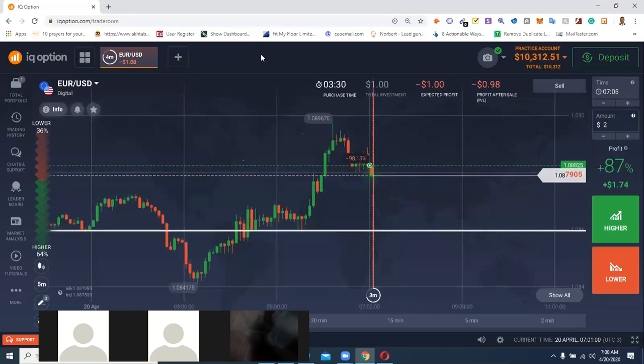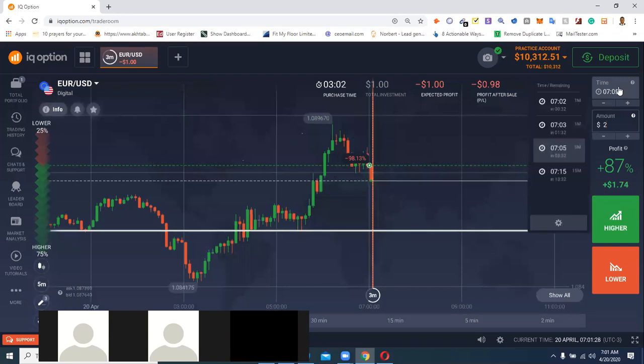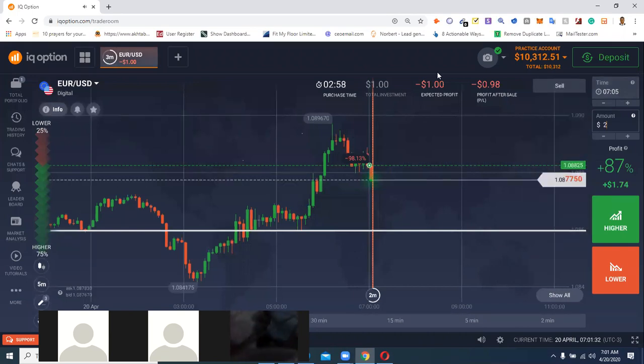Now, what do we do while we are waiting? We need to be very observant. Once you have 30 seconds here, look at where I'm pointing. Make sure that your time is 5 minutes after 7:05. This one will end at 7:05, so you add 5 minutes to it, which is 7:10. Let me check if they have 7:10 here. It's not there, so I wait for it. Once it's 30 seconds, if it does not change automatically by itself, make sure you set it at 7:10.